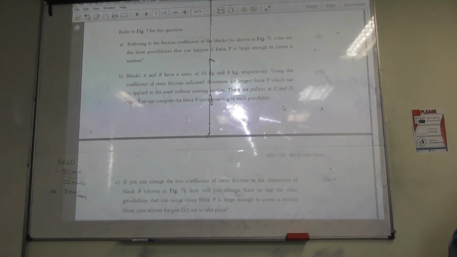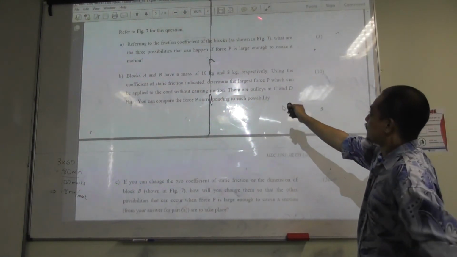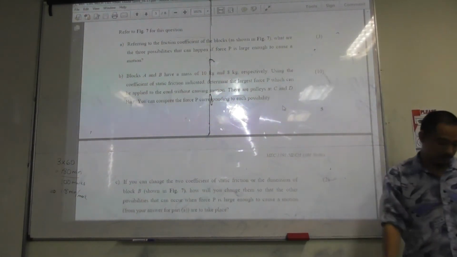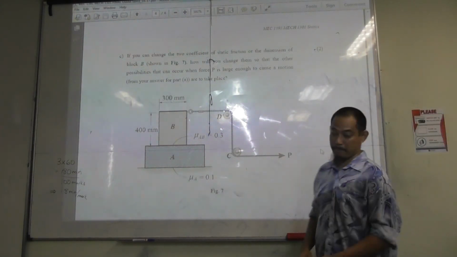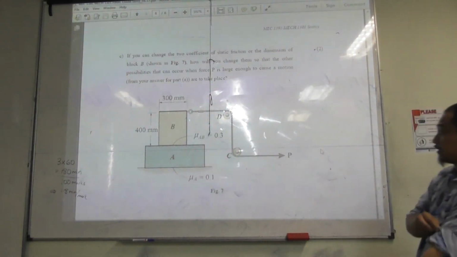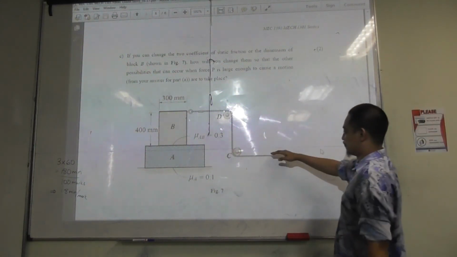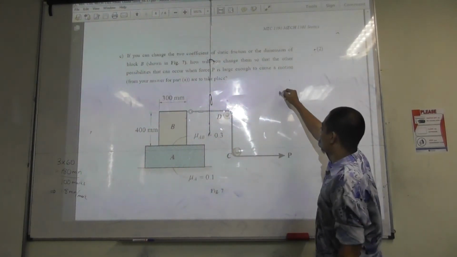Okay, referring to the picture, what are the 3 possibilities that can happen if P is large enough to cause motion? So the question says there are 3 possibilities. Before we only discussed 2, right? In this case, there are 3 possibilities. If P is causing motion, meaning this P is large enough, possibility 1 is